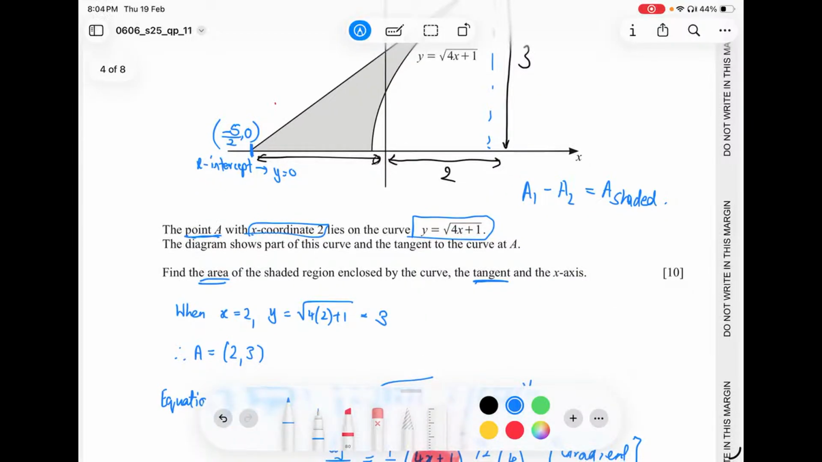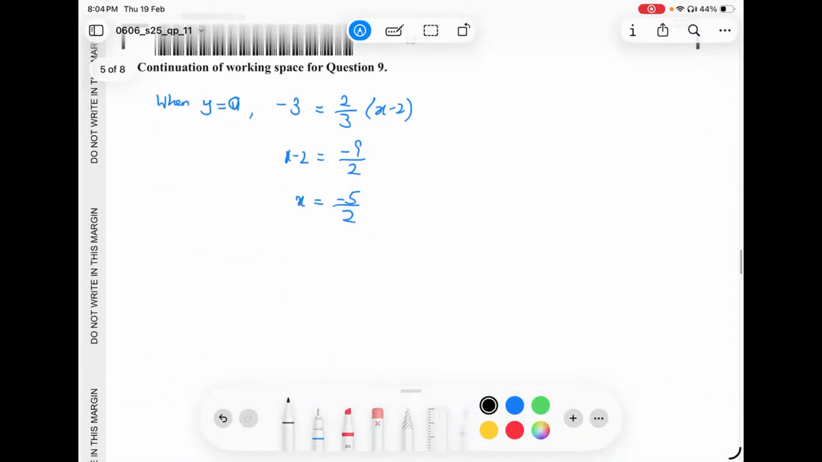So now we know that this distance here will be 5 over 2. So the area 1 would be, again we use half times base times height. The base is going to be 2 plus 5 over 2 and the height is 3. So that's going to give us half times 13 over 2 times 3, which is going to give us 39 over